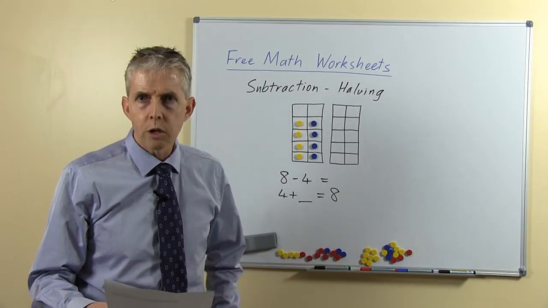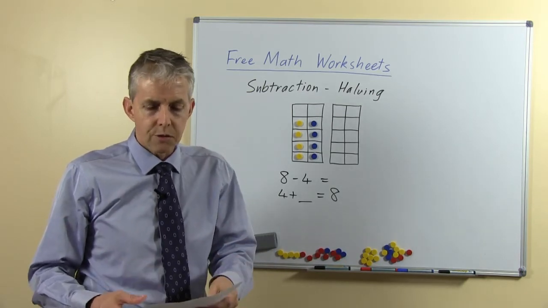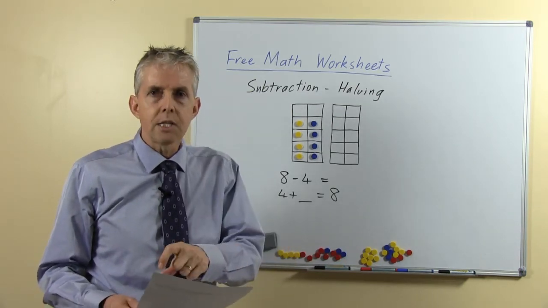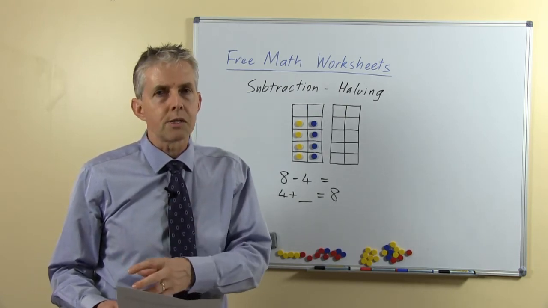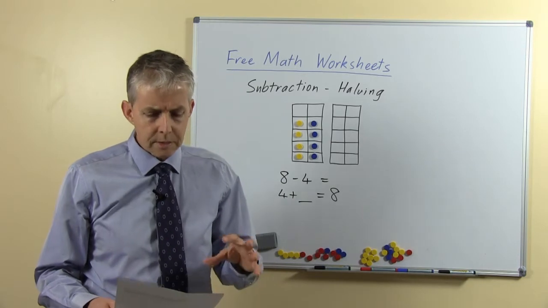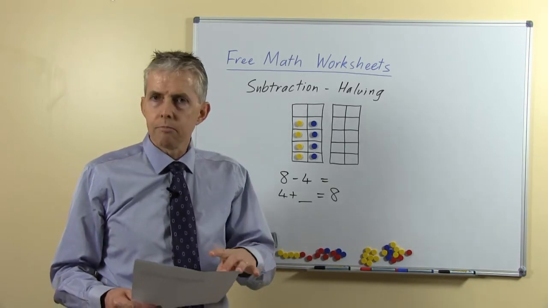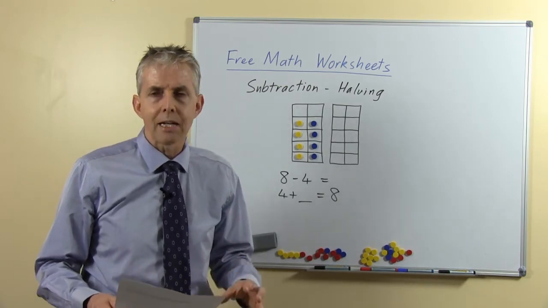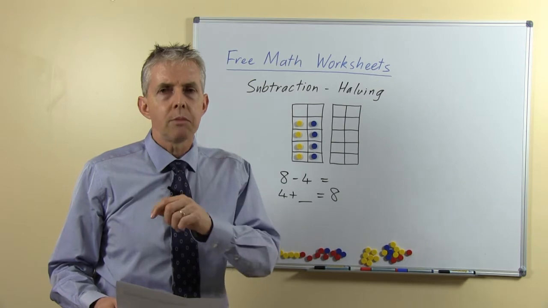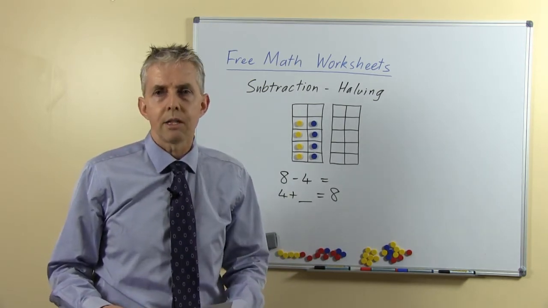Looking at the number fact worksheet for this week, or the sheets I should say, because there'll be 5 of them. We've got the double facts first of all on the sheet, so the 10 doubles number facts, mixed up of course. Then we have a set of halving number facts, but that's not a large number of the questions on the sheet, and the reason for that is, if you think about it, every time you give a child a halving number fact, if you do it often enough, they'll work out that it's not difficult.